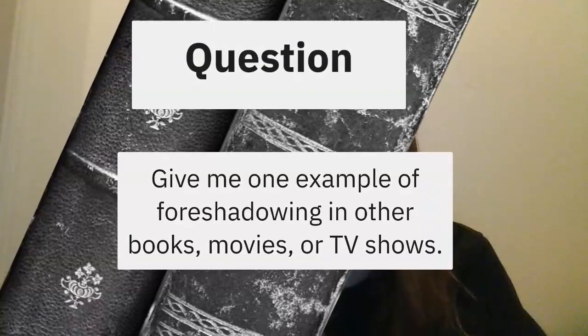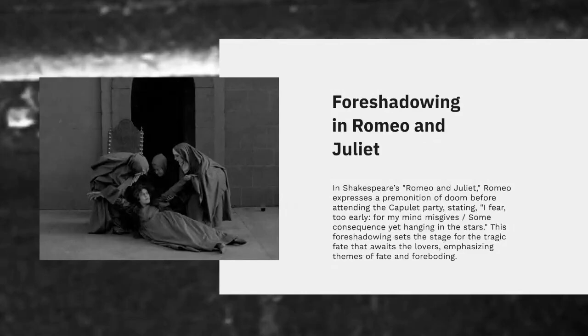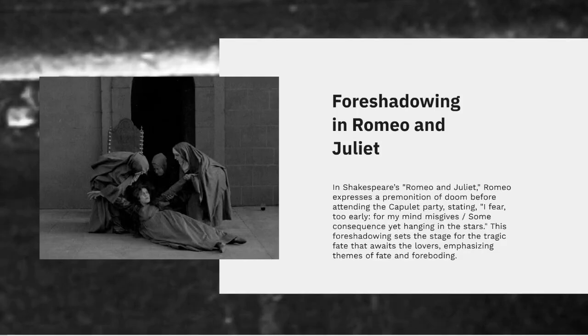So moving in to our foreshadowing in classic works, we have foreshadowing in Romeo and Juliet. In Shakespeare's Romeo and Juliet, Romeo expresses a premonition of doom before attending the Capulet party, stating, "I fear too early for my mind misgives some consequence yet hanging in the stars." This foreshadowing sets the stage for the tragic fate that awaits the lovers, emphasizing themes of fate and